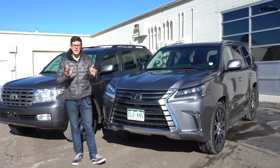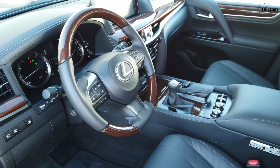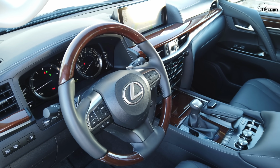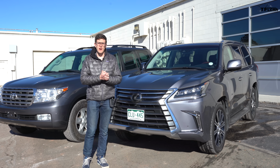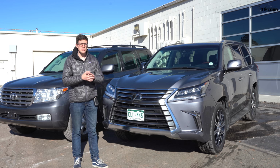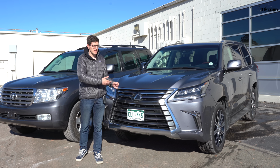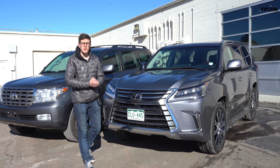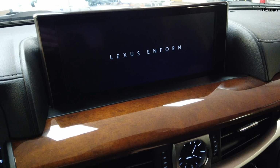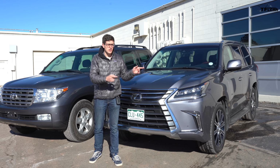Now, full disclosure right off the bat, guys, when I was planning out this video, we initially had asked Toyota for a brand new Land Cruiser, but unfortunately, as these things go, it was needed elsewhere. So here's what we've got instead, a brand new Lexus. And in fact, I think this vehicle better illustrates just how flexible this basic architecture is between the Land Cruiser and the Lexus. Today in this video, we're gonna look at all the really cool things that make this Lexus LX such an amazing machine,